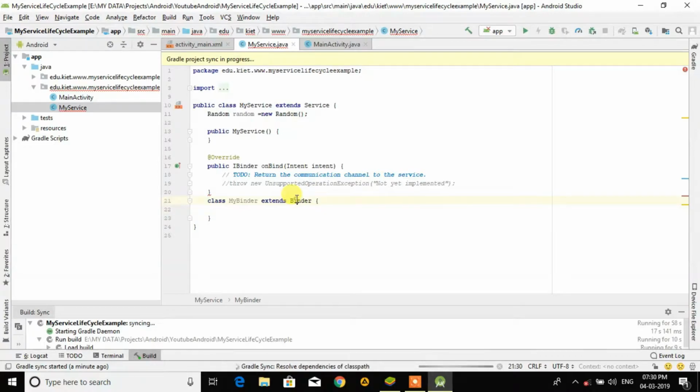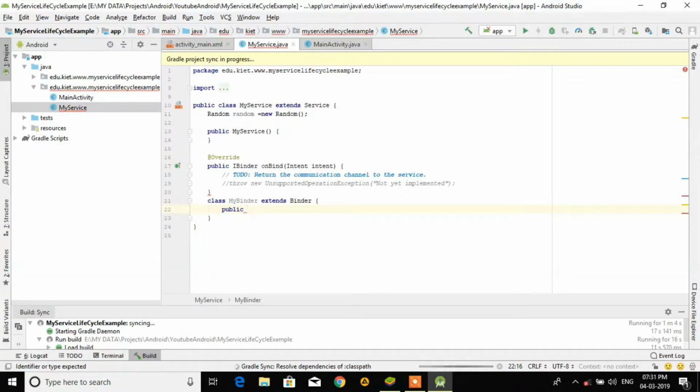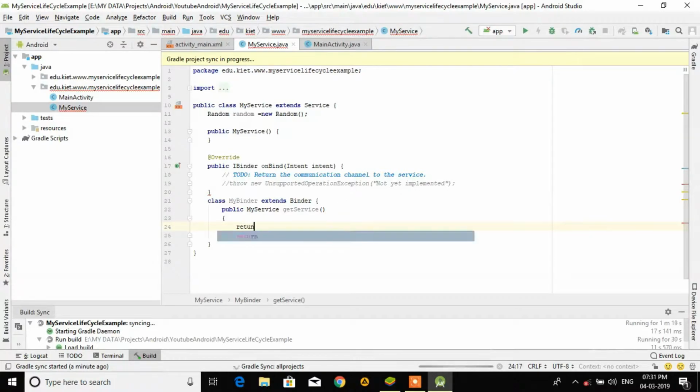And in this class, what we do is make a public function that will return the address of the service. The name of the function is getService, and here we will return MyService.this, the object of the current service.